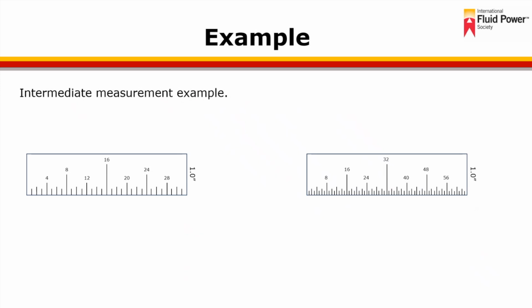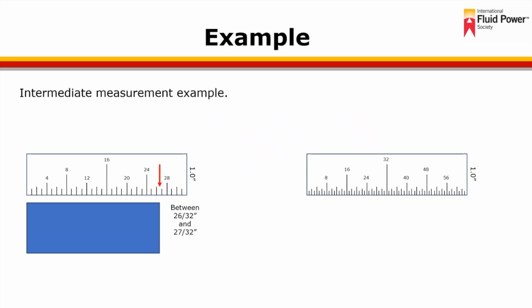So what is the purpose of having different scales? The smaller the size of the increment, or the greater the number of divisions, the greater the accuracy in the measurement. In this example, we're going to measure an item that falls in between the measurements of the 1/32 inch scale. How long is this item? It can be seen that the item falls somewhere between the 26th and 27th line, which could be measured as between 26/32 and 27/32. But at the same time, we could estimate the position between the known values, which would be perhaps